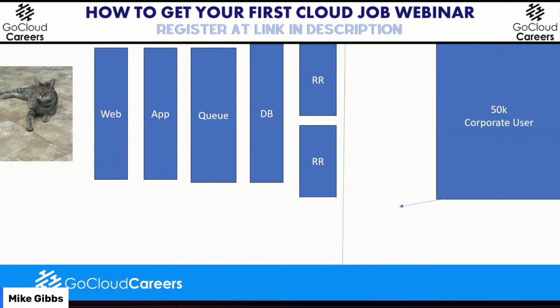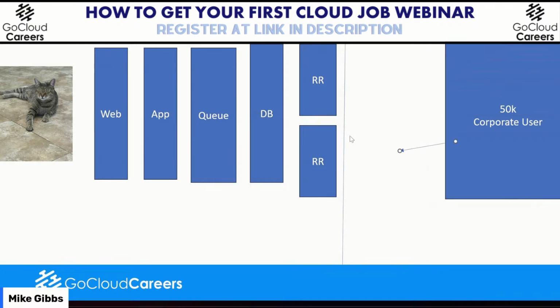Here we go. Cindy wants to order something, or another cat wants to order something. They hit the same web servers, app servers, and get put in the queue into the database. And here are your corporate users trying to figure out how many cats ordered cat lollipops that day. They're constantly checking. They want to see how big their bonuses are going to be. They're all kinds of excited. Now you've got so many corporate users trying to figure out how much tuna lollipops and pet food has been sold from this miraculous pet store that these read replicas are overwhelmed.